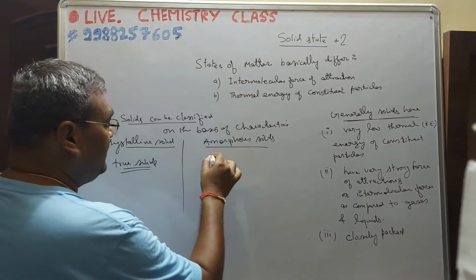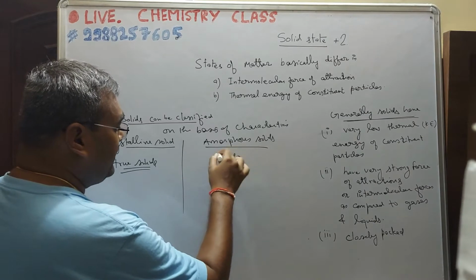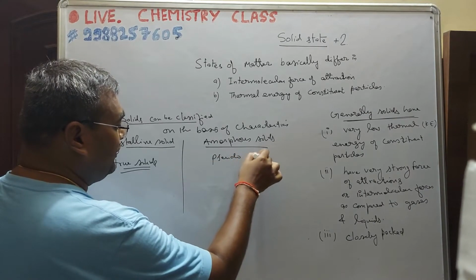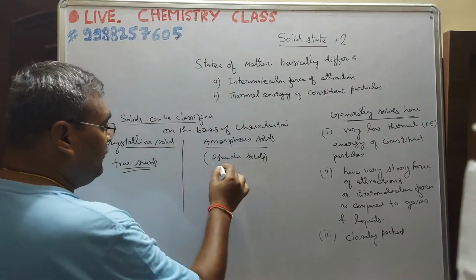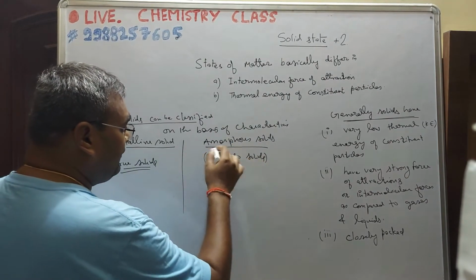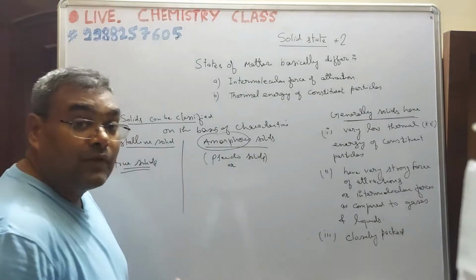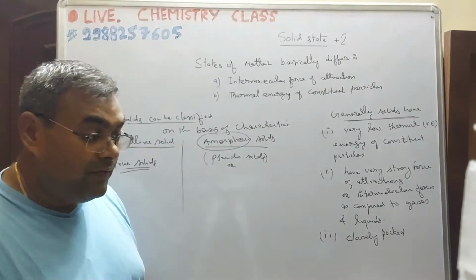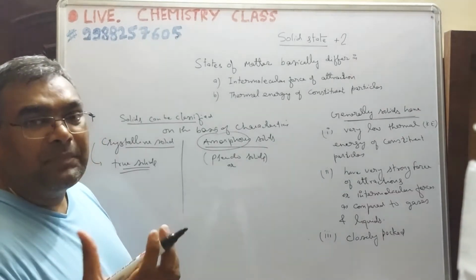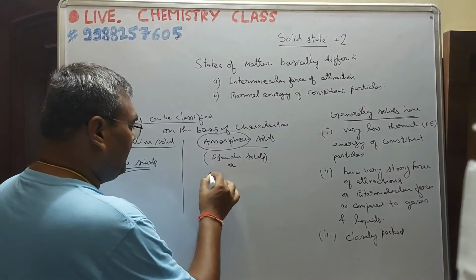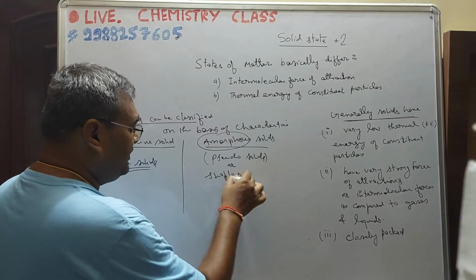Amorphous means pseudo solids. There are so many questions based on this topic. True solids or pseudo solids. Pseudo solids, basically amorphous is a Greek word, amorph. Amorph means powdered form, or it has a shapeless content. That is, these are generally shapeless,